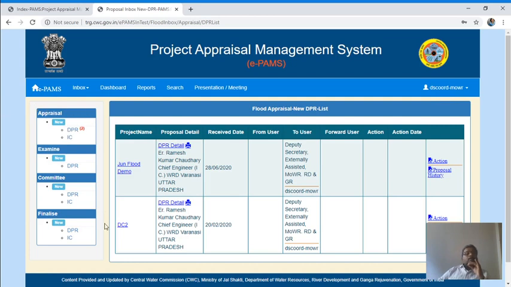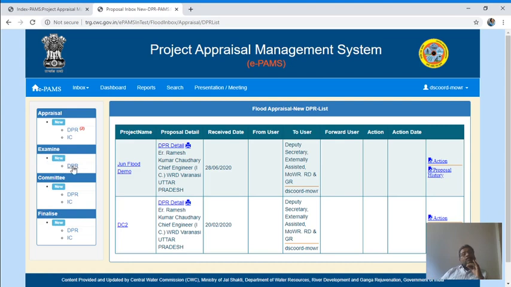As it is clear, there are 4 stages: appraisal, examine, committee and finalize. Whenever the proposal is submitted, it comes to the appraisal and it traverses in the workflow till the appraisal is done by the nodal officer. After that it comes to committee. During the appraisal it is marked for examine.